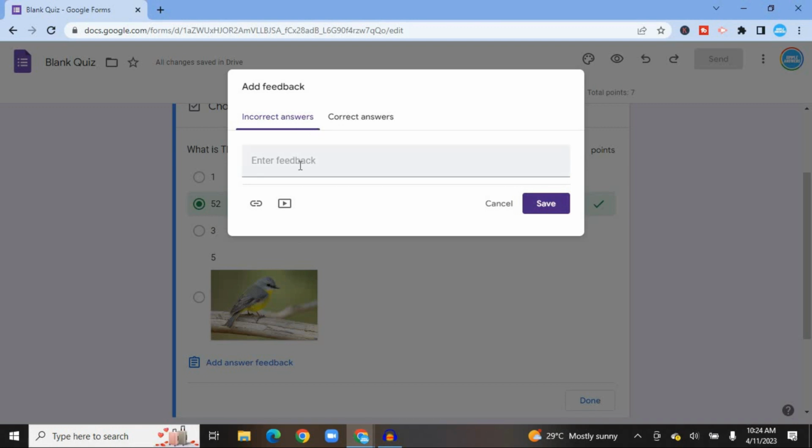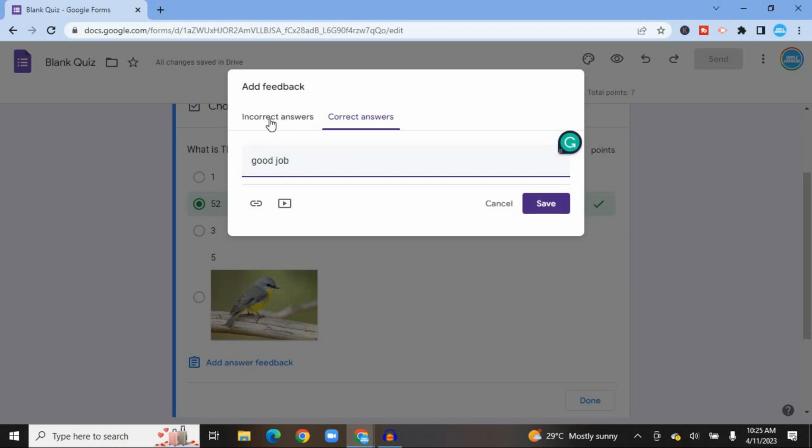So let's say the person gets the question wrong, but you want to give them a source on which to do some research so that they will know the correct answer. For example, you could put a link to the website, or you could put the book page and say they would need to read back that book page to find the correct answer. And you can also see right here correct answers, and you could enter your feedback. So once someone gets the answer correctly, you could put in good job,